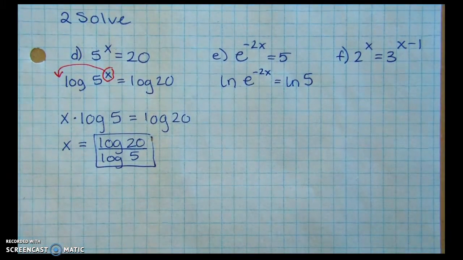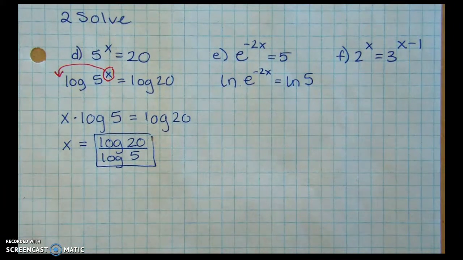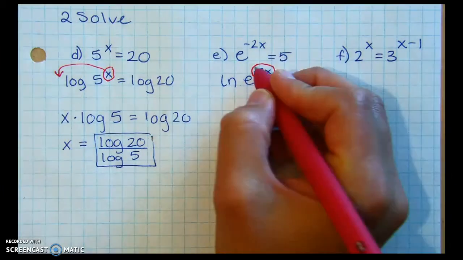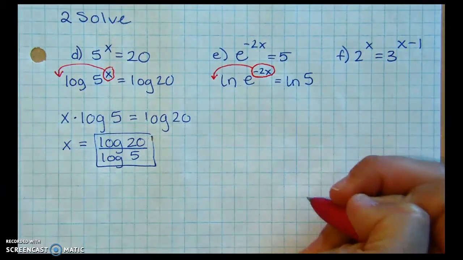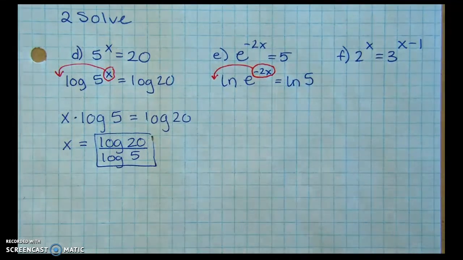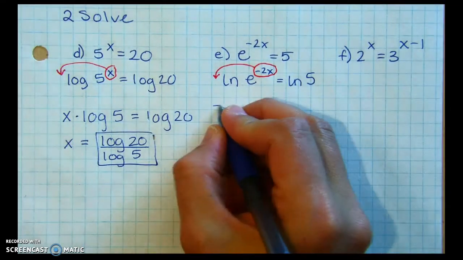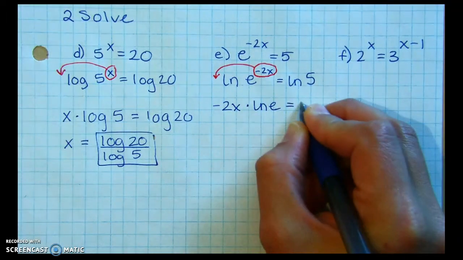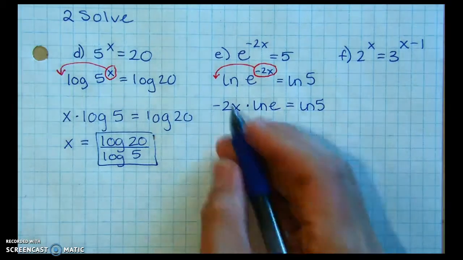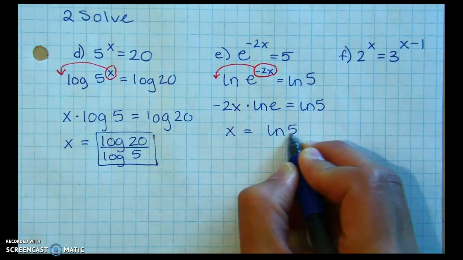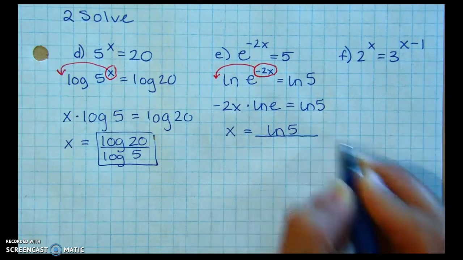Now the e gave me the clue to use the ln, but the point of using the ln is to get this exponent down to ground level, okay? You cannot solve for x when it's hiding up there. And I'm down to just a few seconds. ln of e is a number and ln of 5 is a number, and we need to get x by itself. Ready? ln of 5 over,